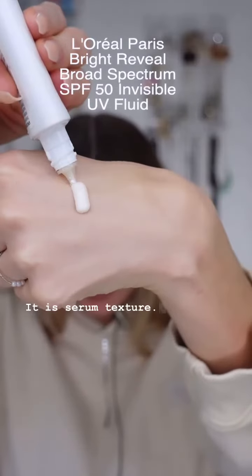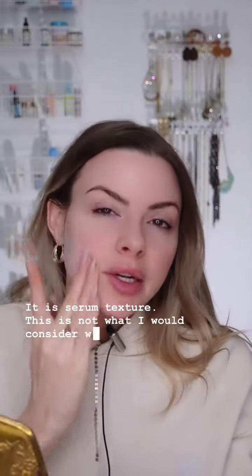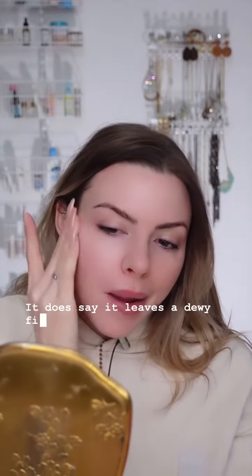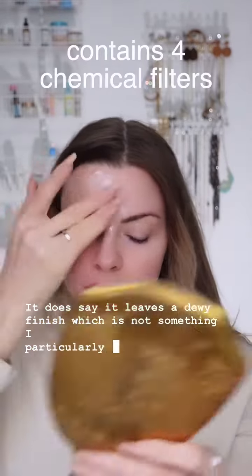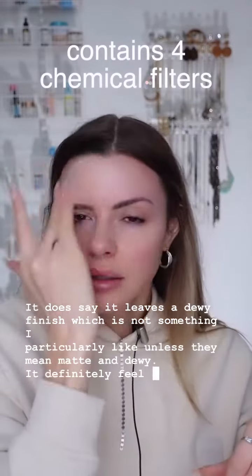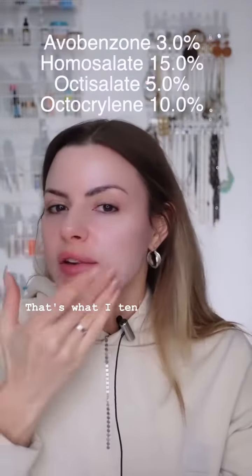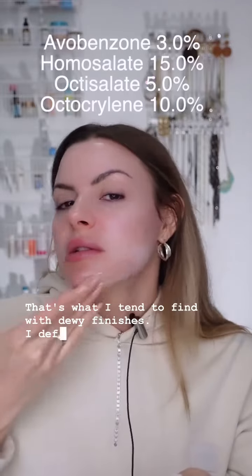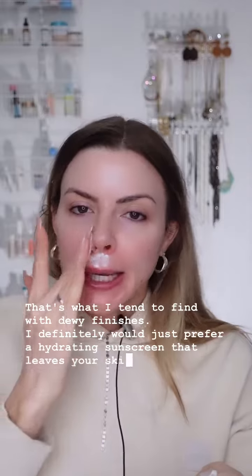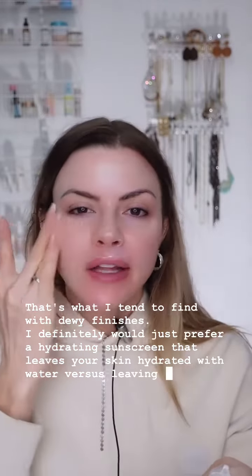It is serum texture. This is not what I would consider watery. This is actually quite emollient. It does say it leaves a dewy finish, which is not something I particularly like, unless they mean matte and dewy. It definitely feels slightly greasy. That's what I tend to find with dewy finishes. I definitely would just prefer a hydrating sunscreen that leaves your skin hydrated with water versus leaving a layer of